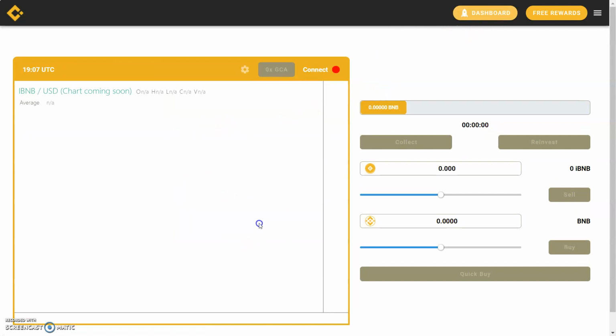that they are going to have the trading on their own website. That's going to be